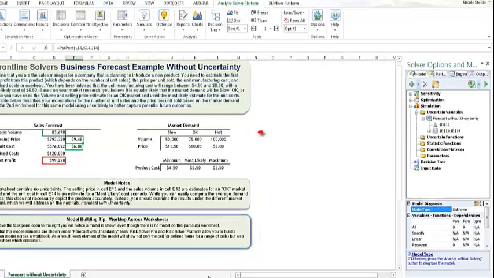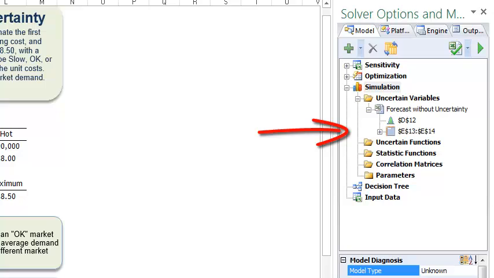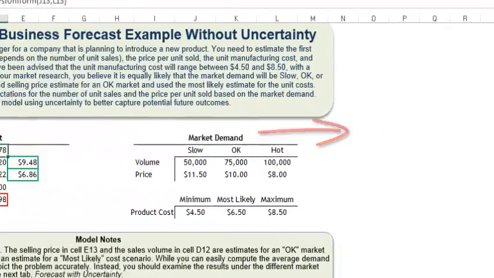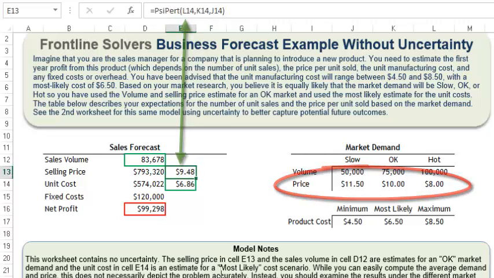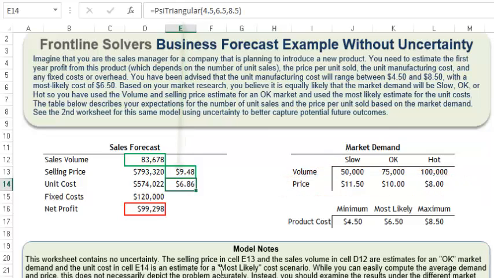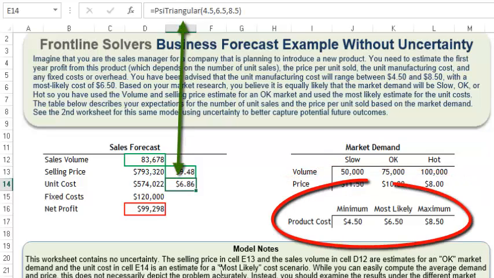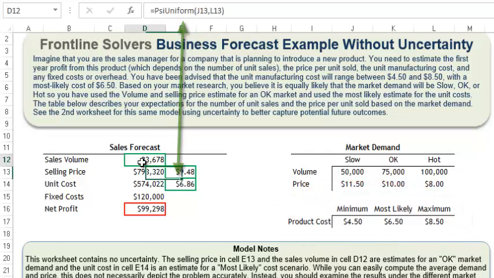Let's go back to our small example where we have two uncertain variables in cells E13 and E14. I've also added a third uncertain variable in cell D12. The uncertain variable in cell E13 is using the PSI PERT distribution with parameters of min, likely, and max, and the uncertain variable in cell E14 is using the PSI triangular distribution with parameters of min, likely, and max as well. The uncertain variable in cell D12 uses the PSI uniform distribution with a lower bound of 50,000 and an